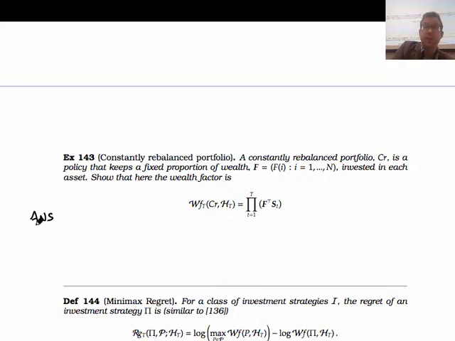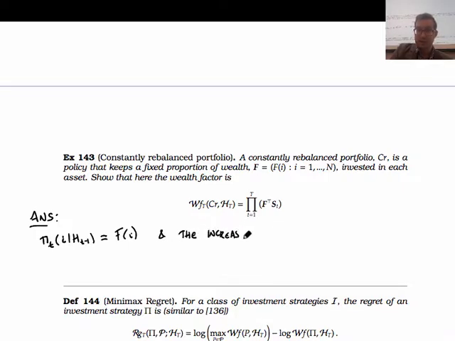And it's really just a recap from the definition before. So we know that under my policy pi, the amount that I multiply my wealth by at time t is pi times s. Okay, and here I've said pi is fixed. So I'm not changing the proportions. So I just multiply up the wealth that I get from each round. Okay, so here pi of t of i given h of t minus 1 is just equal to f of i, and the